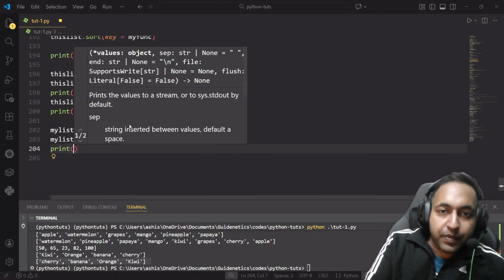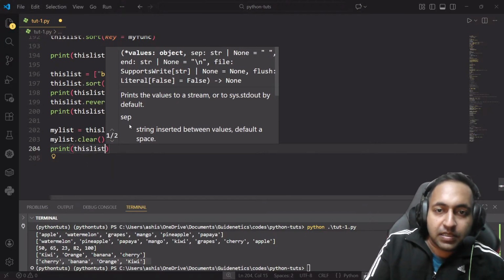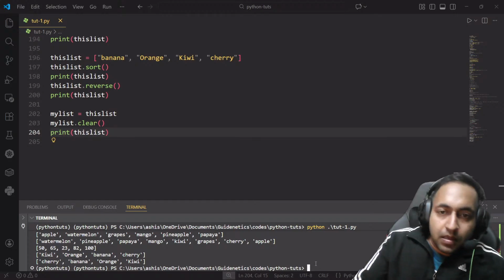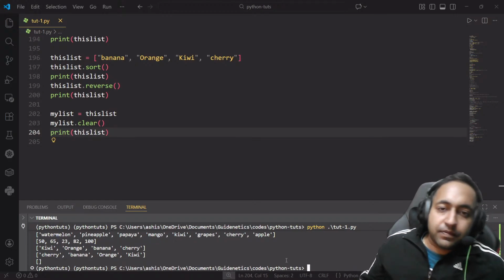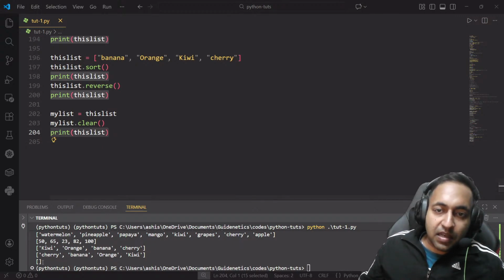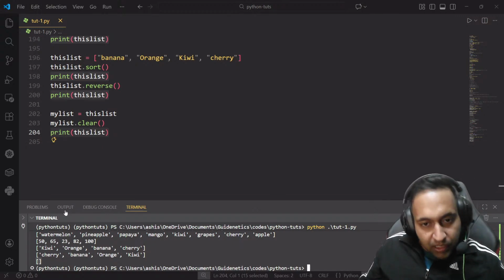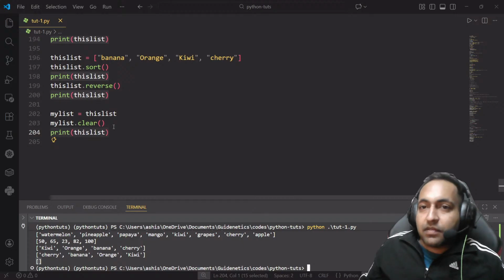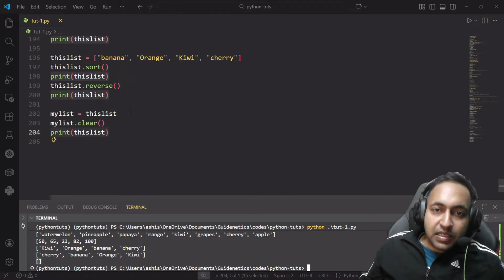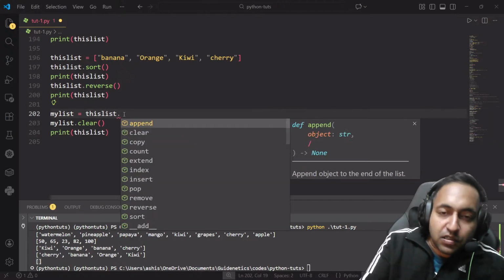So we can say print and we can do this list like this. And now if I run, you can see that even this list is now cleared. Okay, so the way to duplicate a list is using the copy method. So we have to do this list dot copy